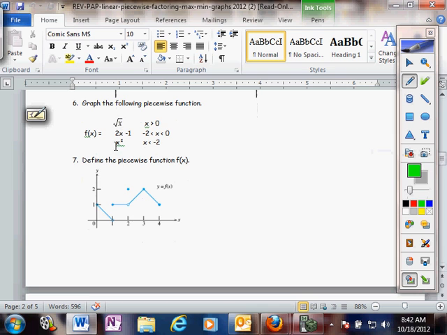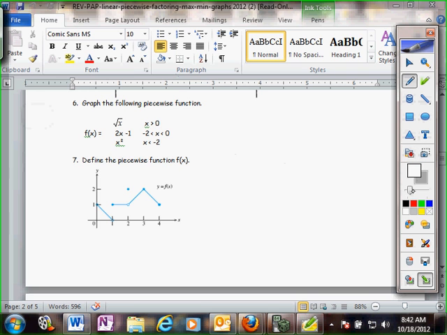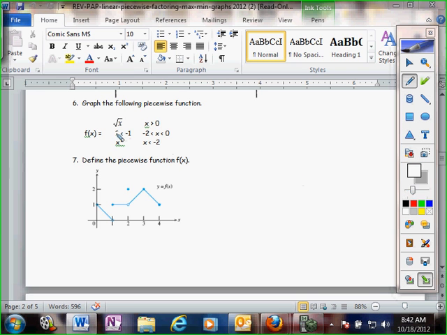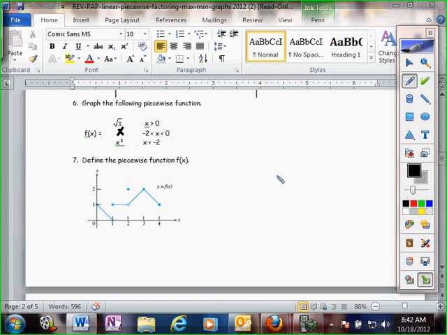Graphing this problem right here, let's look at it a little bit. I told regular pre-cal to change this problem slightly. Instead of having this as 2x minus 1, I changed it to simply x. Okay? So what I have here quickly,